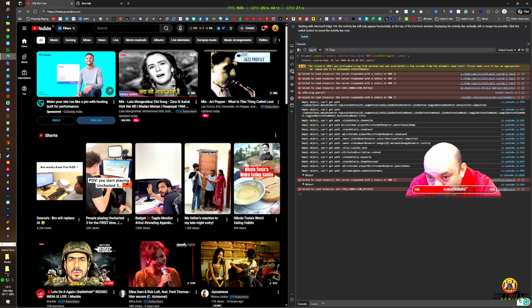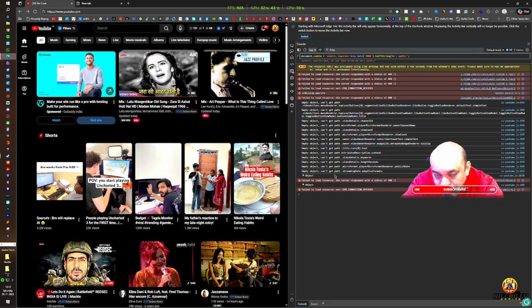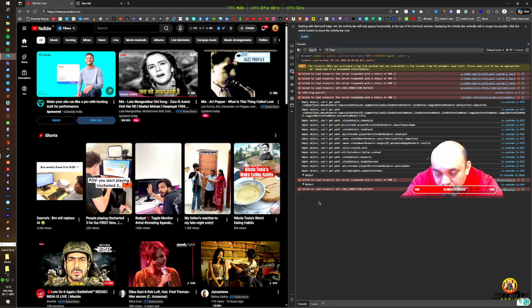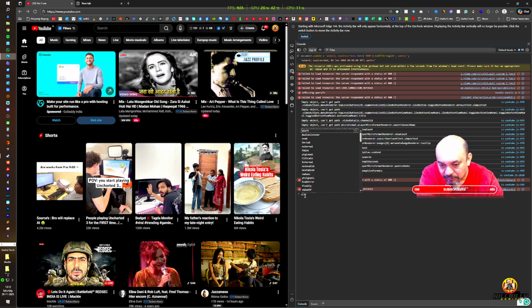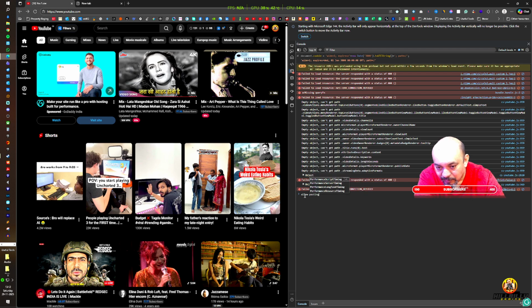F12 on your keyboard, and you will see something like this. This is the console. This icon is of console. Okay, and what you have to do is, if you try to paste something, it will give you an error. So first, what you have to do is write allow pasting, and press enter. Then you will be able to paste in